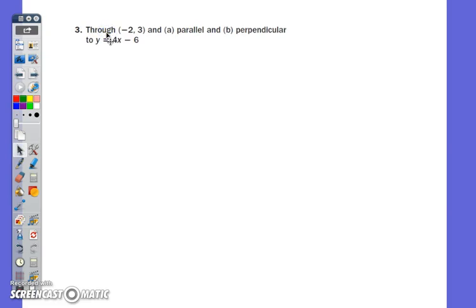Another parallel and perpendicular line. I'm going to do these two in